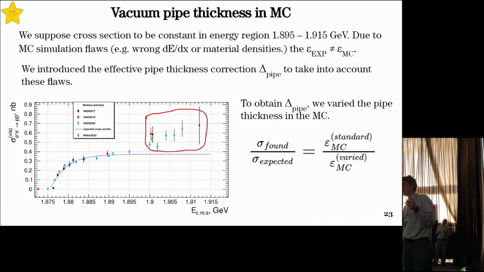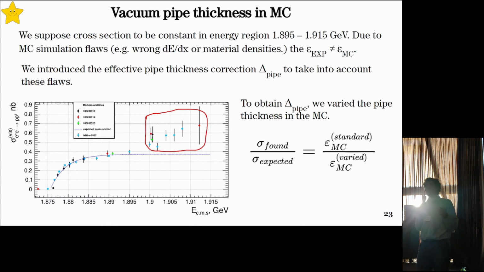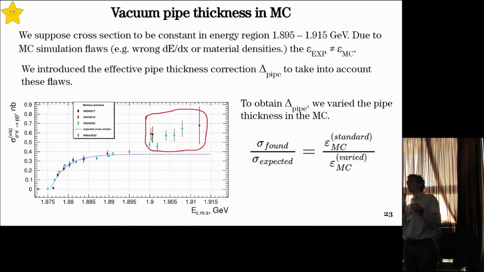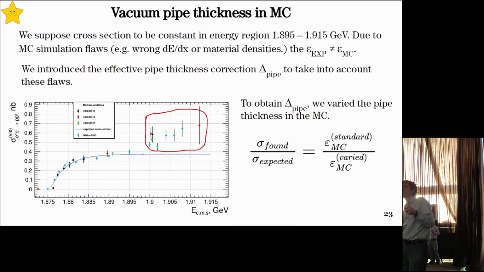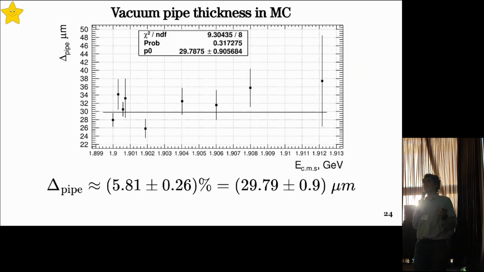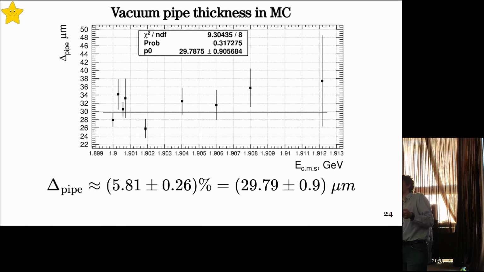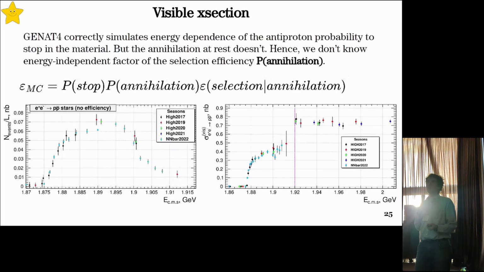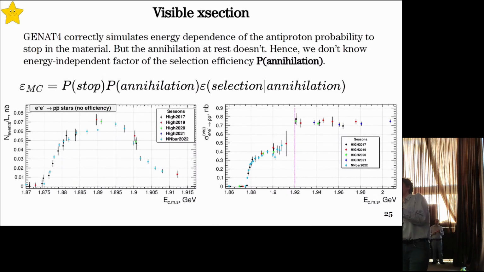Annihilation cross-section, we don't know, but we can effectively correct it with a different vacuum pipe thickness in the simulation. So we varied pipe thickness in the simulation to take into account this effect. We expect it to be constant, but we don't. So we varied it, and we found out that effective correction is less than 6%. That corresponds to 30 micrometers. After this correction, we see